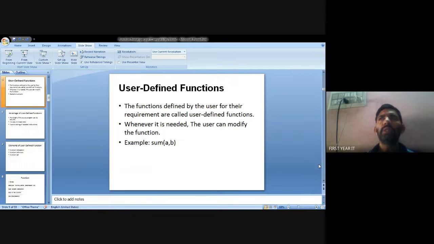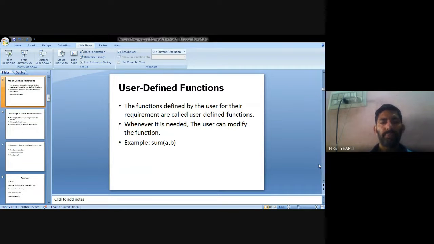User-defined function means the user gives a name of their own choosing to the function. For example, sum(a, b): sum is the function name, and a, b are the parameters.